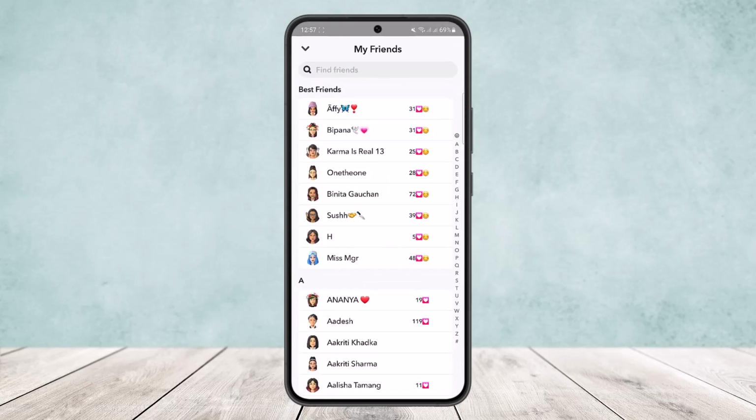Now, there is no way that you can remove someone from your best friend list on Snapchat. However, best friends are shown up here based on the number of interactions that you make with someone on Snapchat. The more you send snaps, the more you send messages and interact with them, the more they'll be shown on your best friend list. If you want to get someone off of your best friend list, what you want to do is